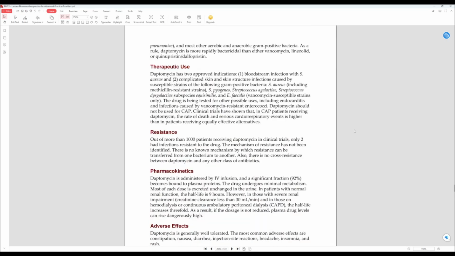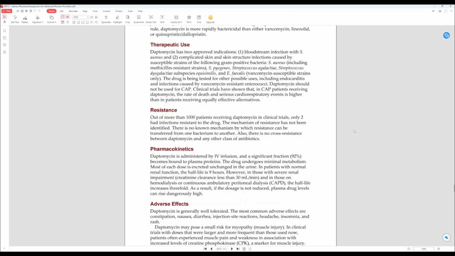So, its therapeutic use. Daptomycin has two approved indications: bloodstream infections with S. aureus and complicated skin and skin structure infections caused by susceptible strains of the following gram-positive bacteria: S. aureus, S. pyogenes, Streptococcus agalactiae, Streptococcus dysgalactiae subspecies equisimilis, and E. faecalis. The drug is being tested for other possible uses, which may or may not be approved at this time